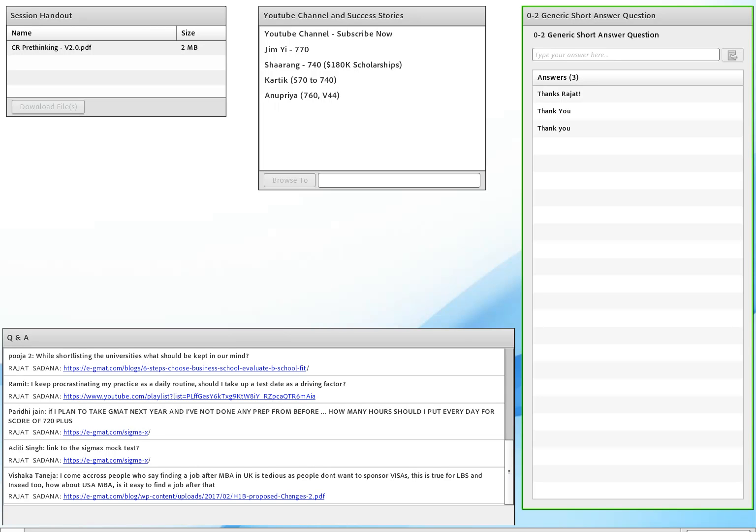What is a good GMAT score for scholarships? Let me just tell you. Short answer, 740 or higher. That's something that you should look at. And here you will see